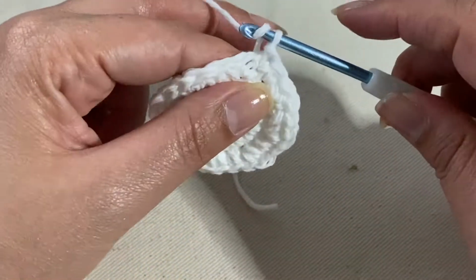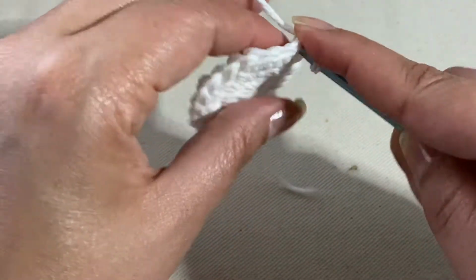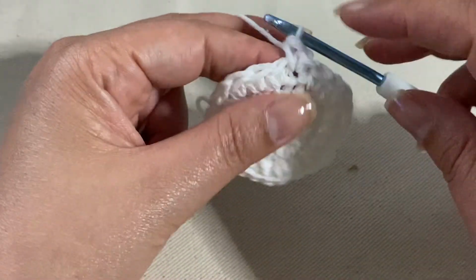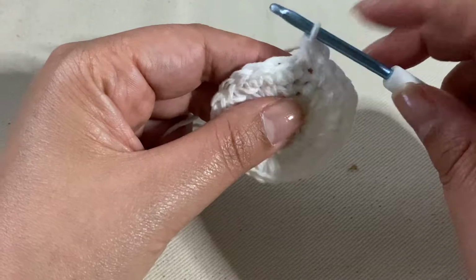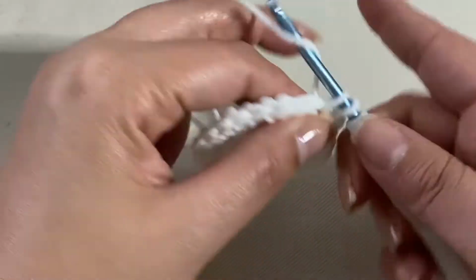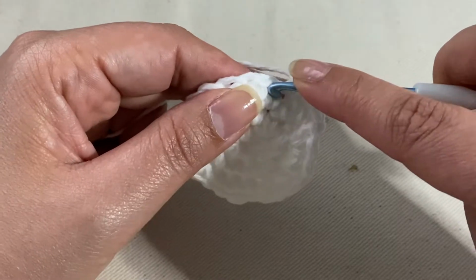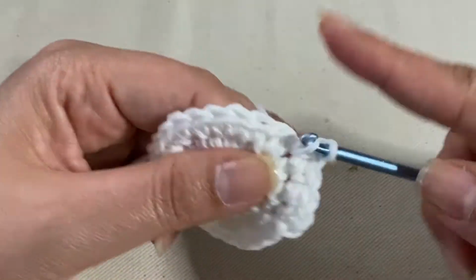Okay. So one chain, una cadeneta, y en el mismo punto vamos a hacer otro punto bajo. In the same stitch, we'll do another single crochet. Now in this round, it's going to be 2 single crochets together in 1 stitch, and then 1 single crochet, 1 single crochet. So en esta vuelta va a ser 2 puntos bajos en el mismo punto, después un punto bajo, 1 single crochet, y en el siguiente punto, otro punto bajo, and in the next stitch, another single crochet. Then in the next, there'll be 2 single crochets, entonces en el que sigue, 2 puntos bajos, 1 and 2,